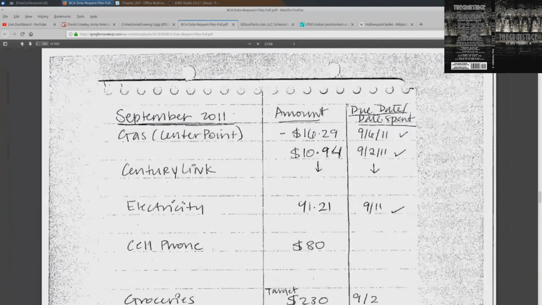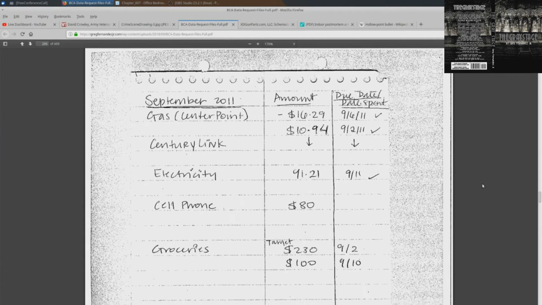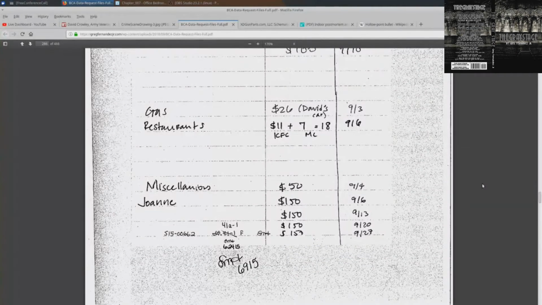So I'm going to make this a little smaller so I can put it into proper context. What we're looking at here is page 1 of this budget book, and we all agree this is Kamel writing this, right? You guys think? If she wrote budget book, she must have written this first page, September 2011. So it's just a nice little budget book, right? Nothing too crazy. Shows that they were budgeting way back then, so that's good.